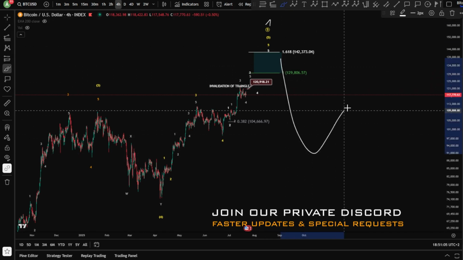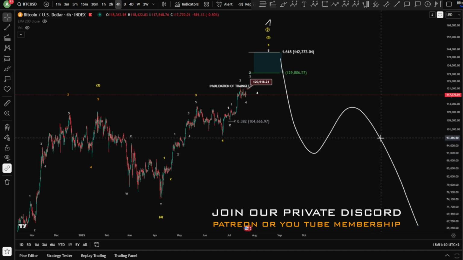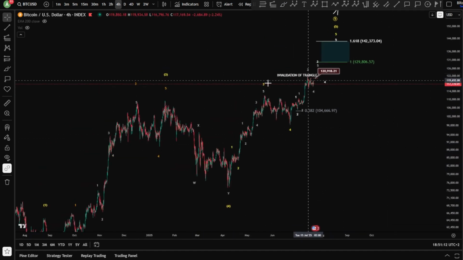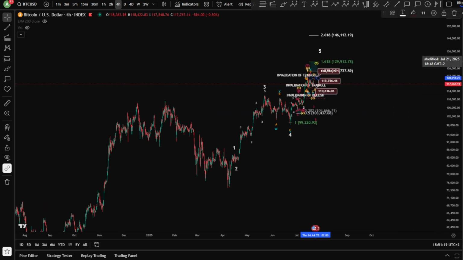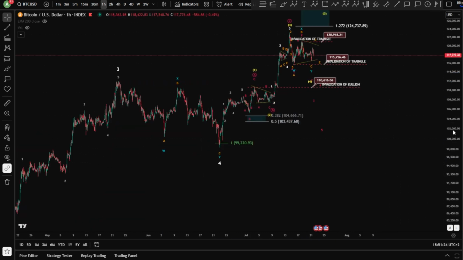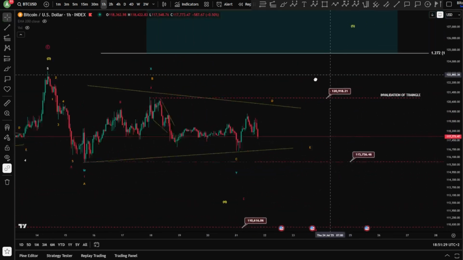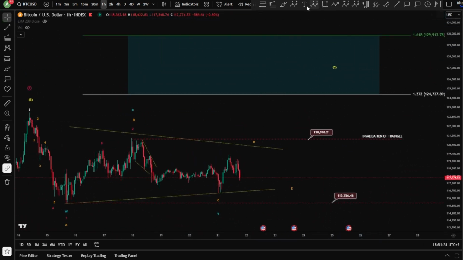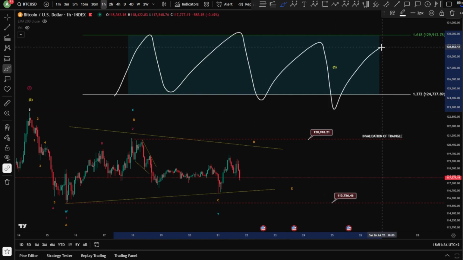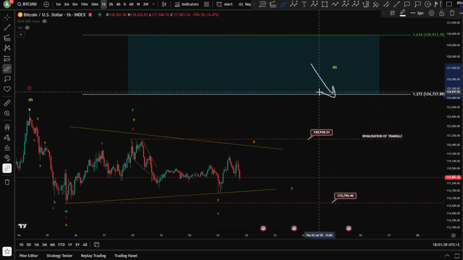Okay, so you have to be careful. You might be looking for a big wave 2 again. And of course, it might be a longer time than the scenario that we just mentioned. Yeah. So this is what I'm looking for right now as an answer. Of course, the 130K would be a key level, major key level, of course, as an answer between those two scenarios. Basically, if we are still ranging inside this blue zone here, that is, of course, a potential of a finished wave B, and we move toward the downside.